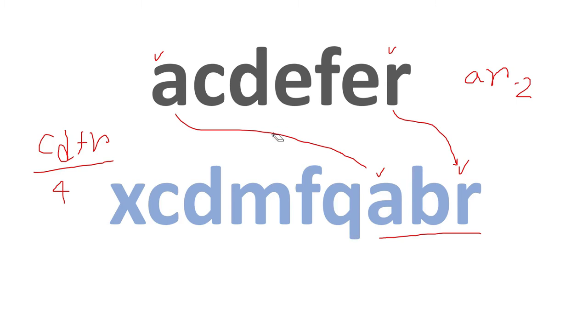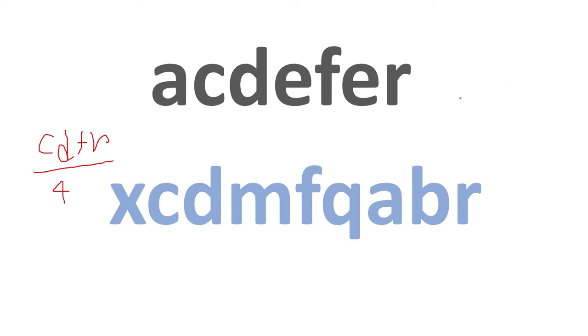Maybe you can think that if we start from the other string, maybe it can work. So let's see that one also. Suppose I am starting from this string. This X I am searching in this string. And then we are proceeding. Maybe in this case we will get the answer, because if we are starting from C, C will match with this. Then in this portion I have to search for the other part. D will match there, and then gradually I think F will match and R will match. Maybe we will get the answer.